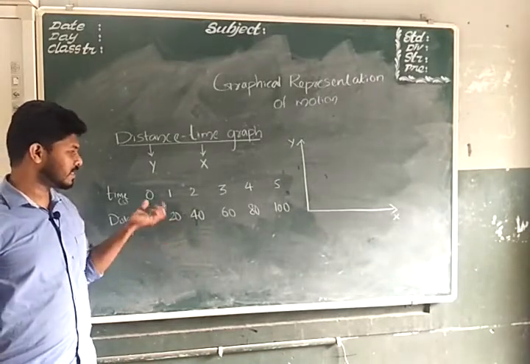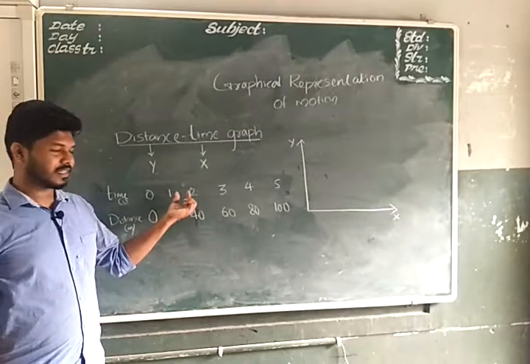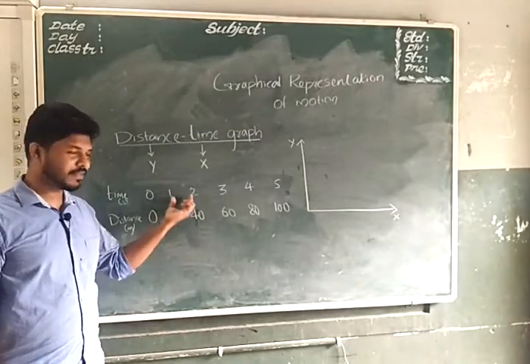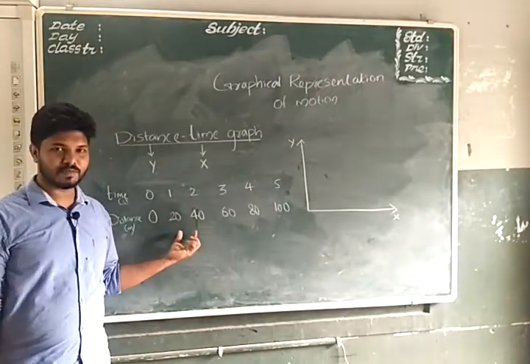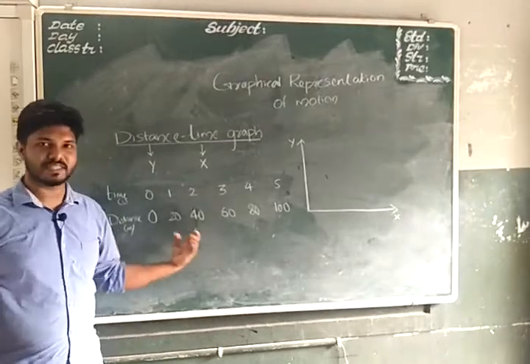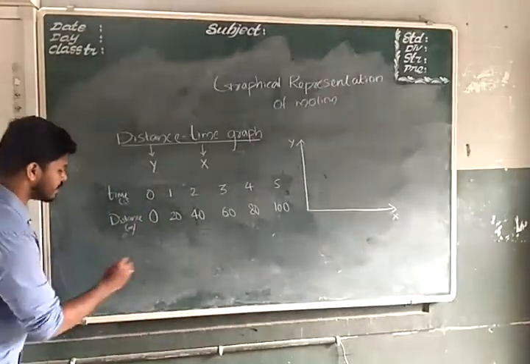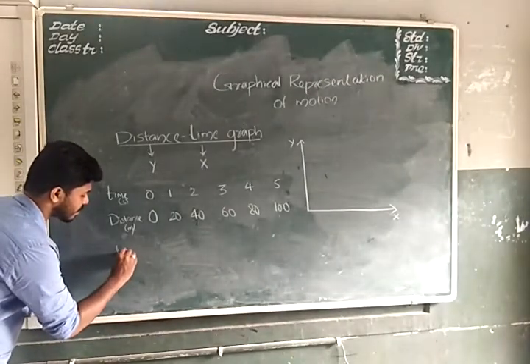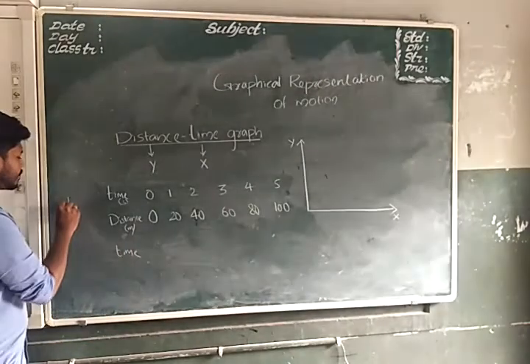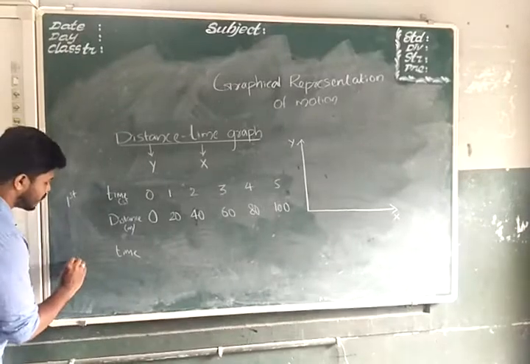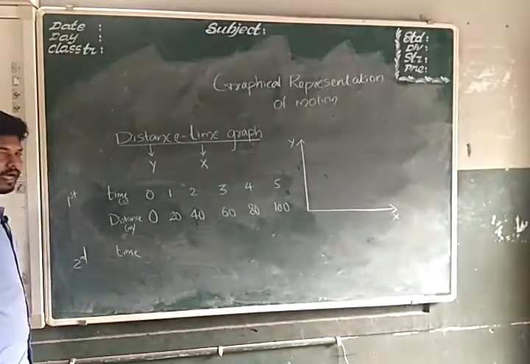Why is it uniform? It covers equal distance in equal intervals of time. At every 1 second, it covers 20 meters. So it covers equal distance in equal intervals of time. Now I am considering another example, another body. This is the first one. Now the second case, another body